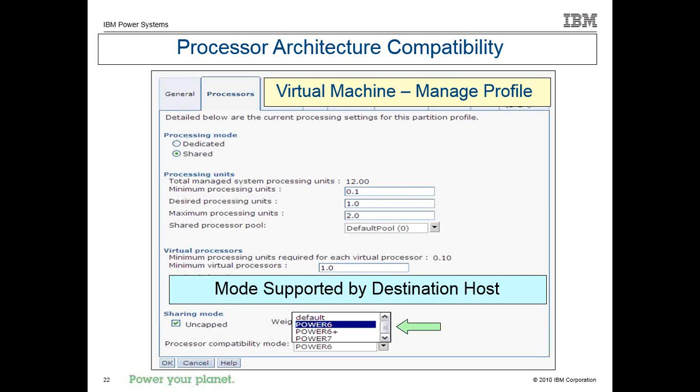So if you think you're going to be moving things among servers, P6, P7, P8, and you want to do this all the time, you would actually want to go in there and change your default processor compatibility mode in your profile of your partition to the least common denominator where you want to move. Most customers are moving between P7s. It doesn't matter. Or they're migrating from P7s, so they get new P8s in. They want to evacuate. They want to return those P7s back to IBM. They move them over to the P8. And then when it reboots, it starts running the P8, and they're happy because they're getting rid of those P7s, or returning them back to IBM, or they're decommissioning them.